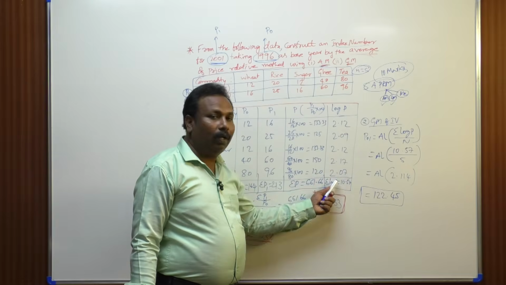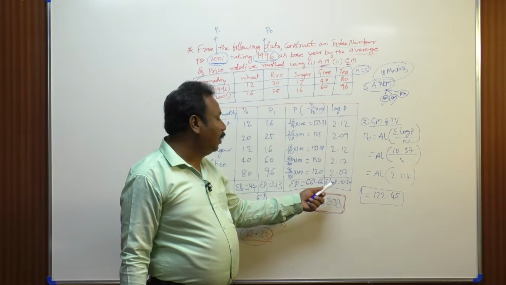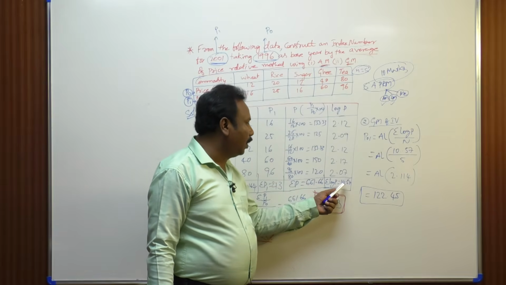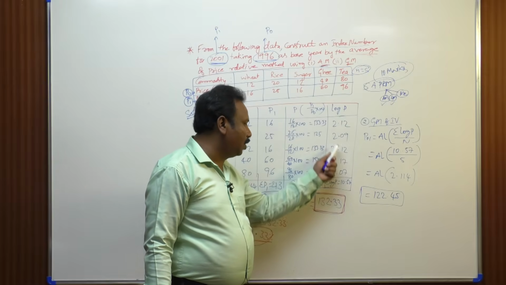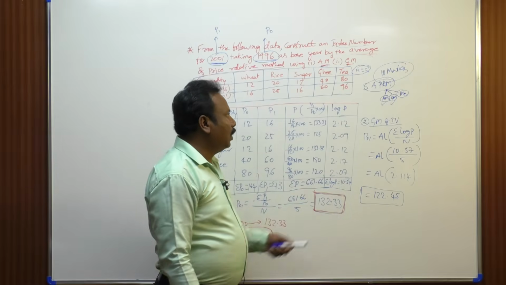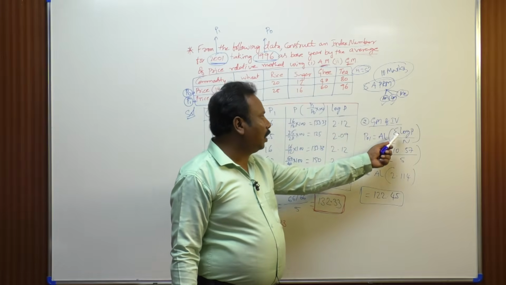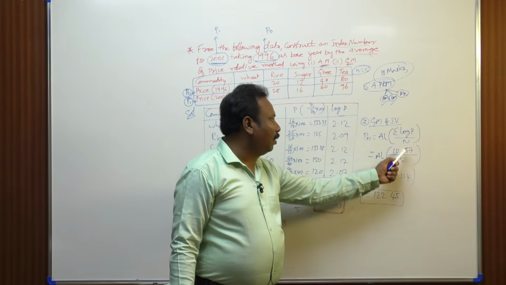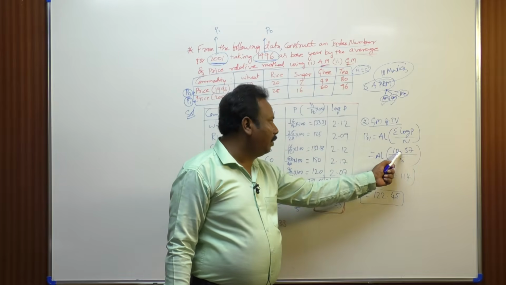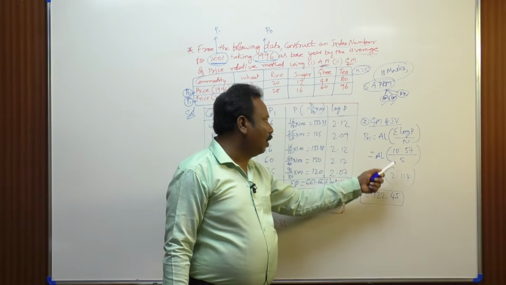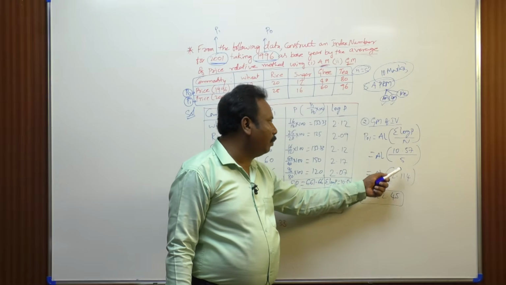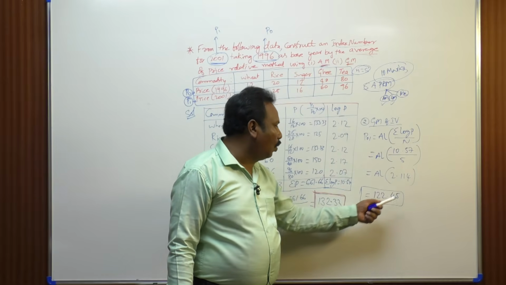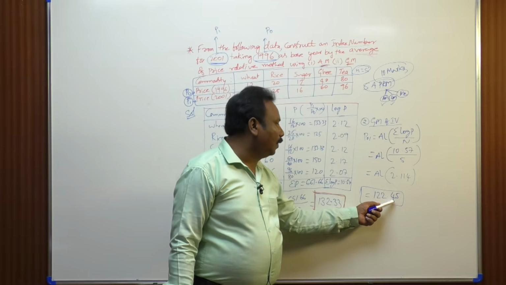Based on these log values, take the total of log P, the summation of log P equals 10.57. So, the geometric mean of index value is antilog of summation of log P divided by N, which is 10.57 divided by 5, that is 2.114. Then antilog of 2.114 is 122.45,